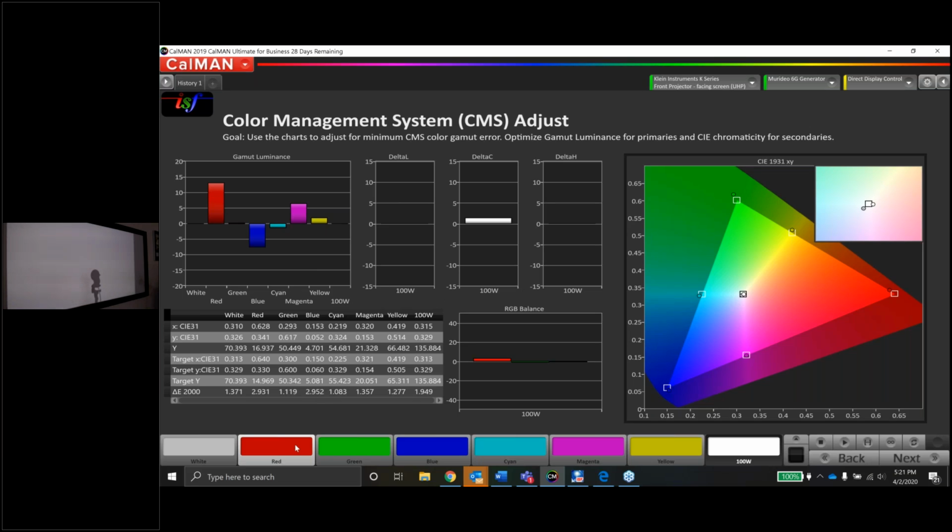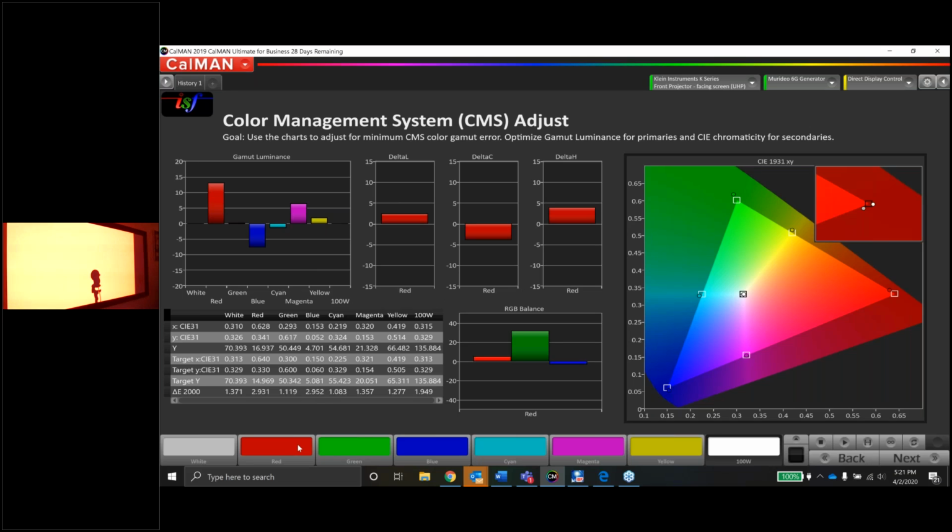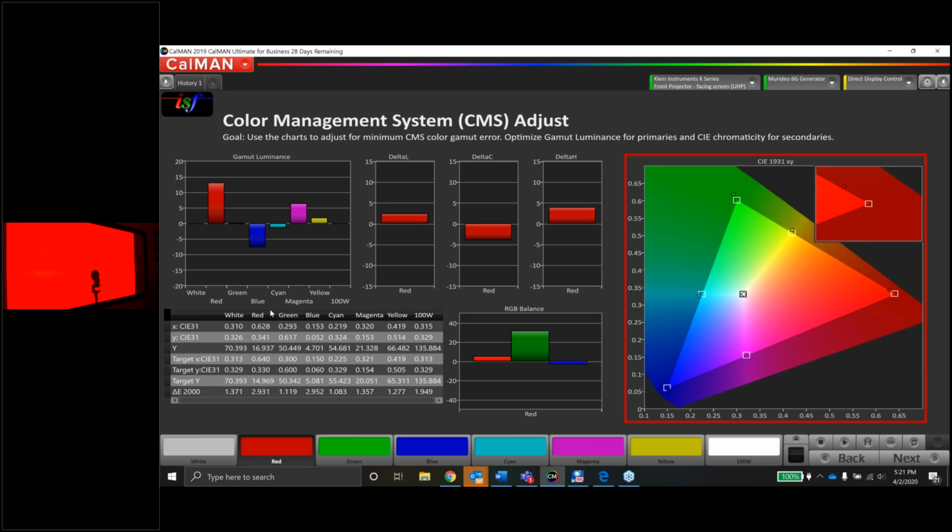I'm going to start with red just because that's the biggest error. You can start wherever you want, but I like to start with the biggest error. That's just me. Now I'm looking down here at my delta errors, and they're already pretty low. They're already pretty good. They're not bad, but I think we can get them a little bit better. So if I lower the red luminance, let's see if we get a significant drop there in the delta error. So let's pull up the menu,